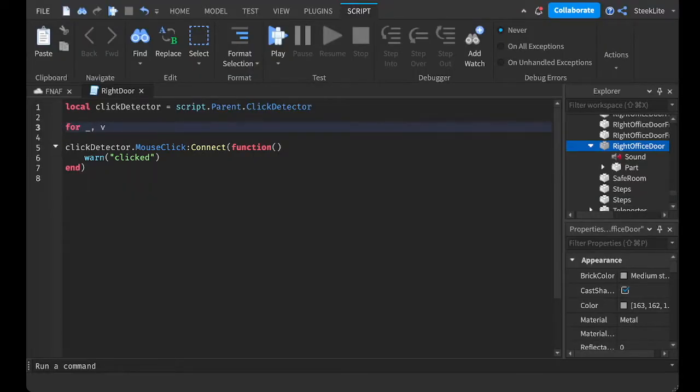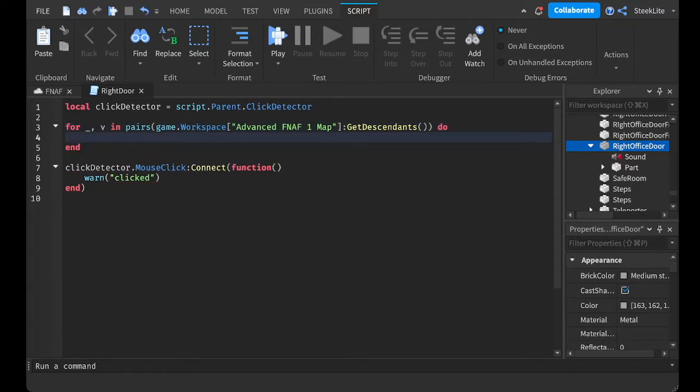for _, v in pairs, I don't remember what this is called, AdvancedFNAFMap1:GetDescendants(). What GetDescendants does, it's like GetChildren, but it'll get the children of the children of the children and so on. So basically it'll get everything, all the children in the Advanced FNAF 1 map. And then we'll say if v.Name equals Right Office Door,